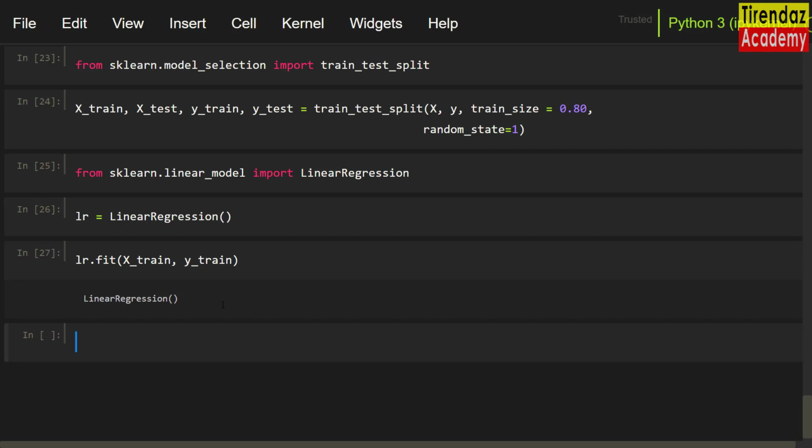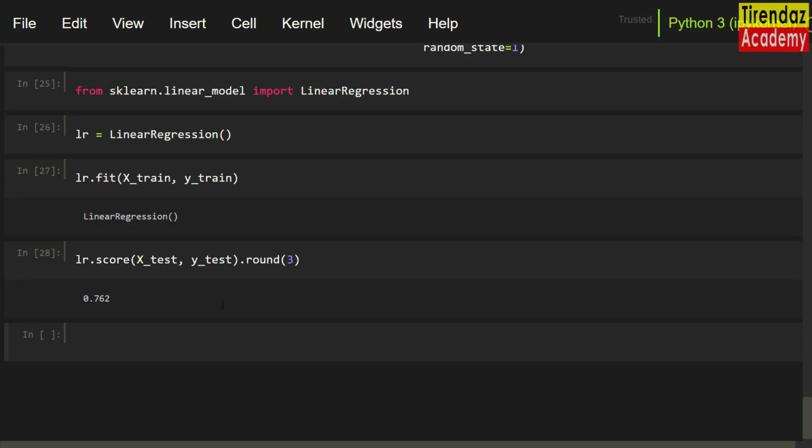To do this, I am going to use the coefficient of determination. The closer this value is to 1, the better the model. First, let's see the accuracy of the model on the test data. To do this, let me set lr.score(X_test, y_test). I'm going to use the round method. Let me set 3. You can see the accuracy of the model on the test data. The coefficient of determination on the test data is greater than 0.7. We have built a good model. Of course, it would be better if it were closer to 1.